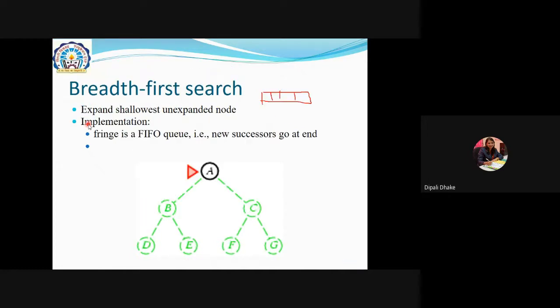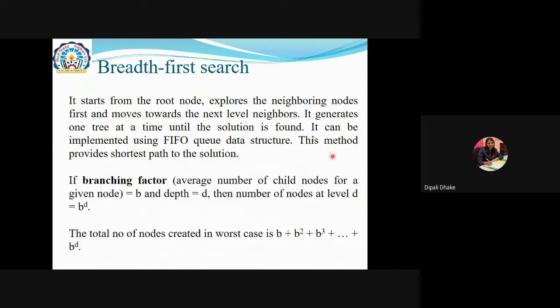Now see here. Suppose your information is mentioned in A, and you have to expand the node. This is called a node. A is one node, B is the second node, C is the third. I want to stop at F, but how will you go? I don't know exactly how to reach here, because I don't have heuristic information to reach it. So before going to that, I will tell you some points in short.